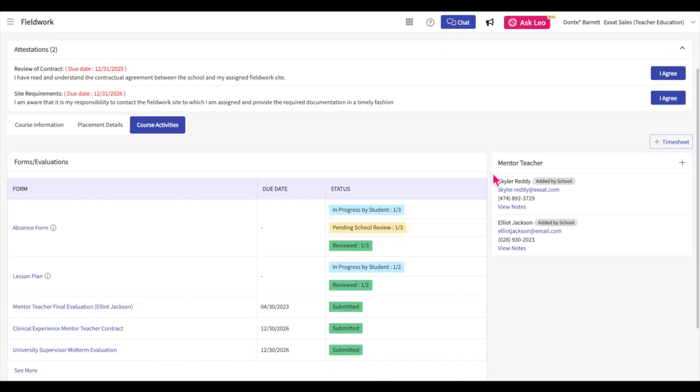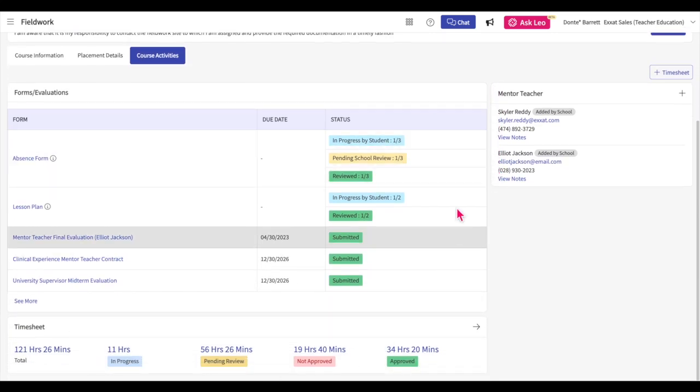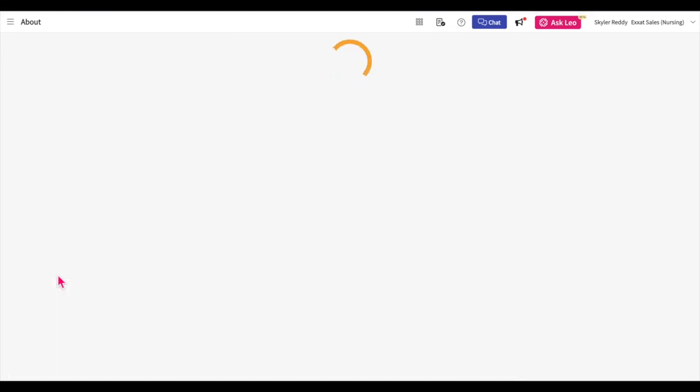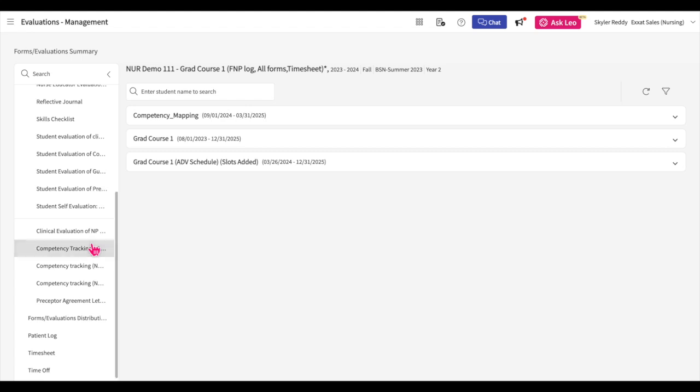Once students have been placed in their placement-related courses or begun their didactic coursework, they will begin completing their learning activities. Once students complete learning activities, it will be the school faculty member's job to review these learning activities promptly. To review learning activities in a course, click on the Learning Activities drop-down and select the Review option. This will take you to the Learning Activities section for that course where you can view submissions for all activated